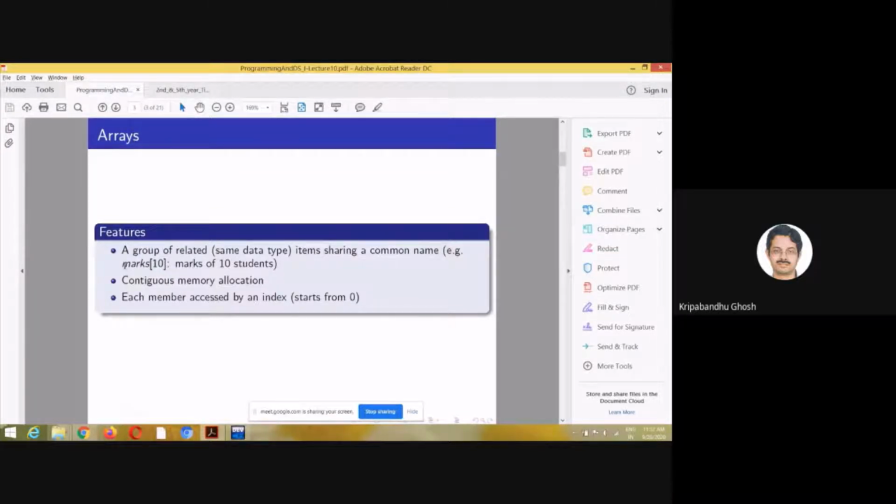Then you can name the array variable as marks, and 10 indicates the size of the array. It takes contiguous memory allocation. We will cover this later on when we discuss pointers. And each member is accessed by an index, which starts from 0.